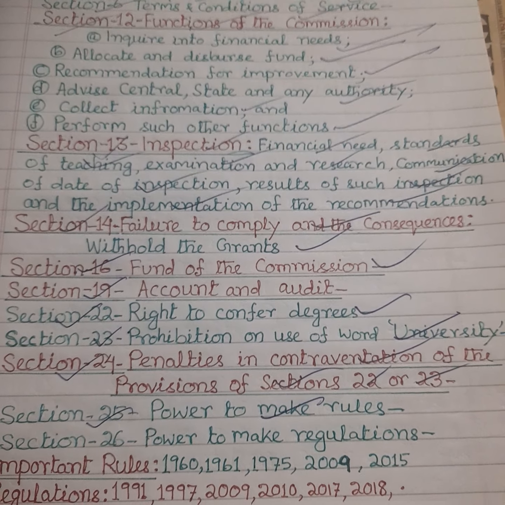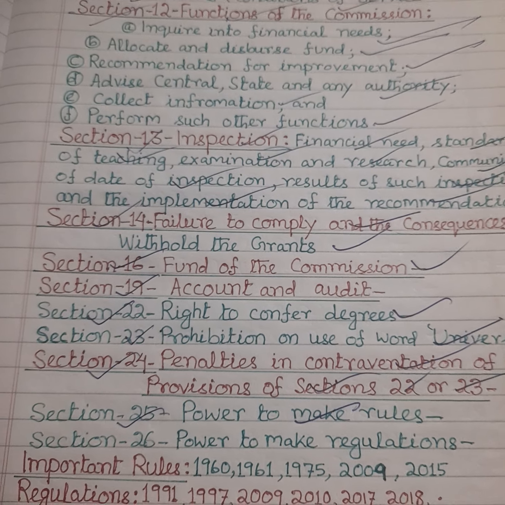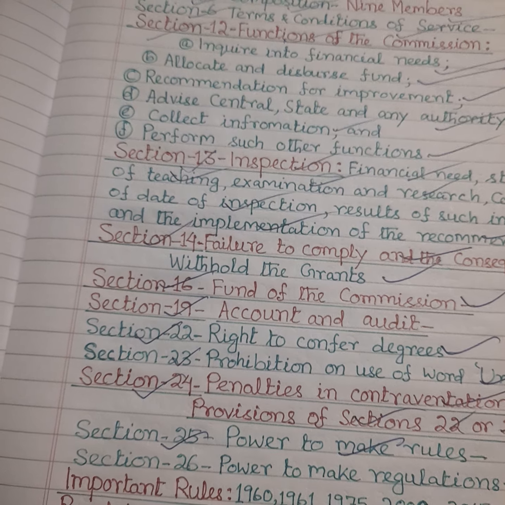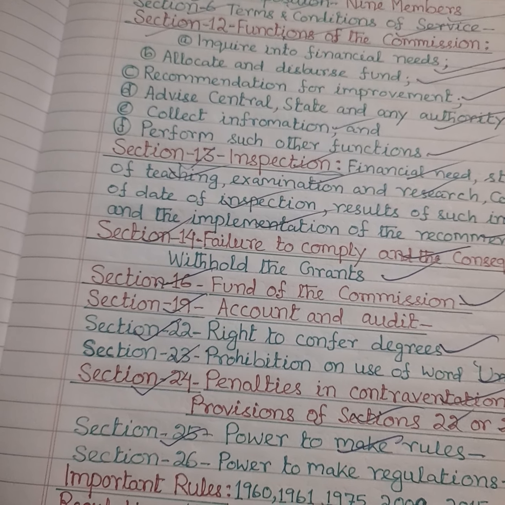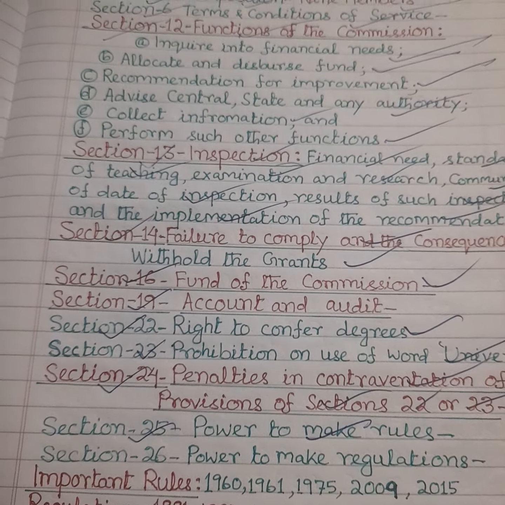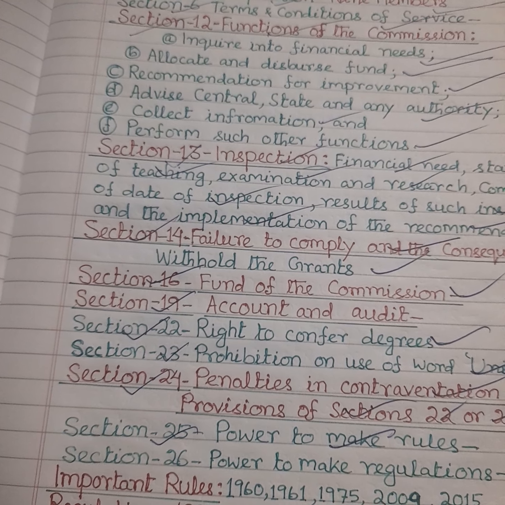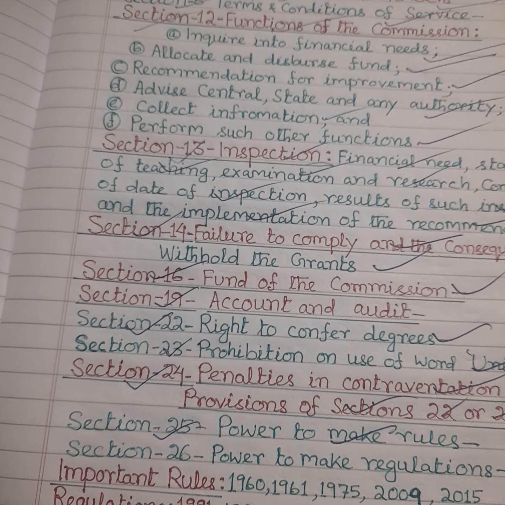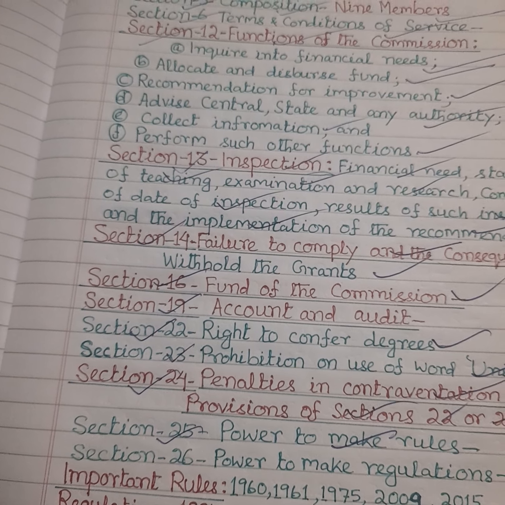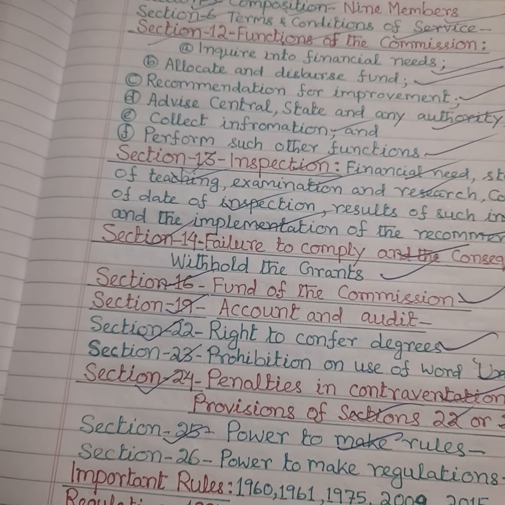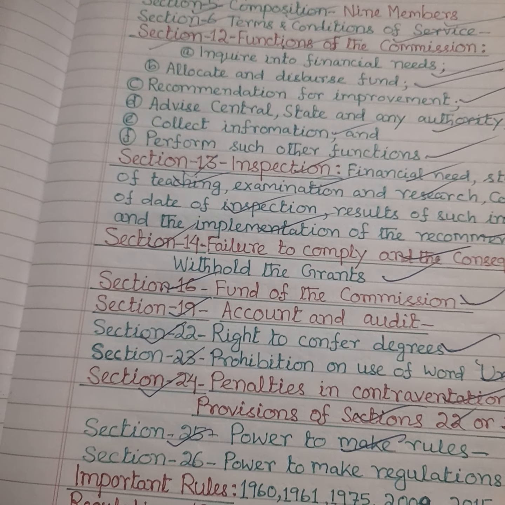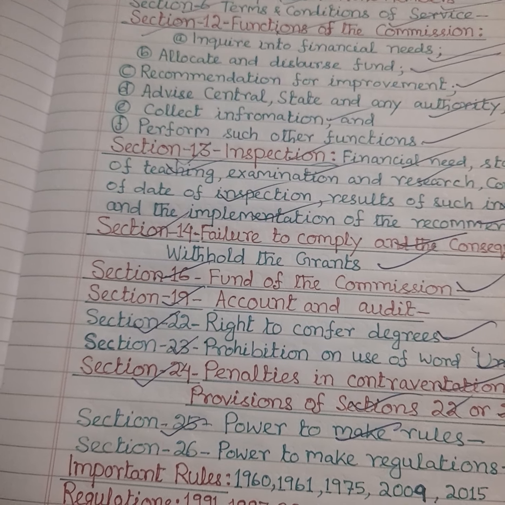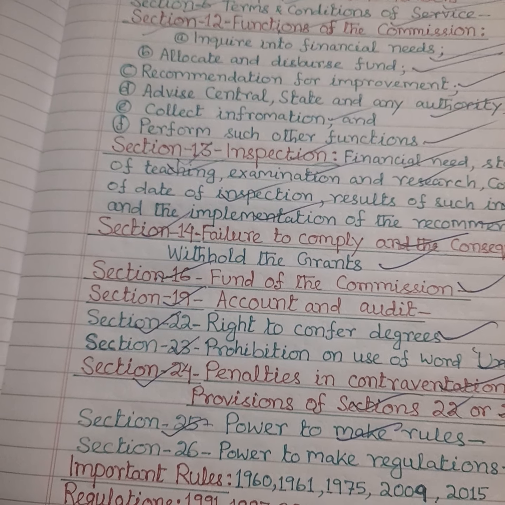And now we will go to Section 25 of the Act, which provides the power to make rules. The central government may, by notification in the official Gazette, make rules to carry out the purpose of this Act. In particular, and without prejudice to the generality of the foregoing power, such rules may provide for all or any of the matters under mentioned, such as the procedure for retirement under Section 6,